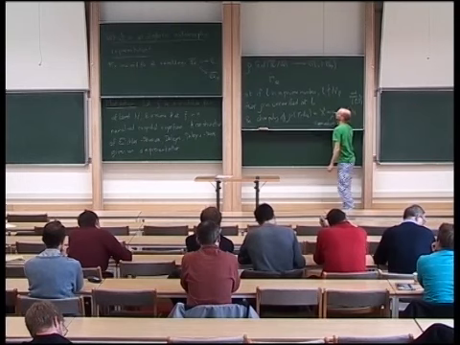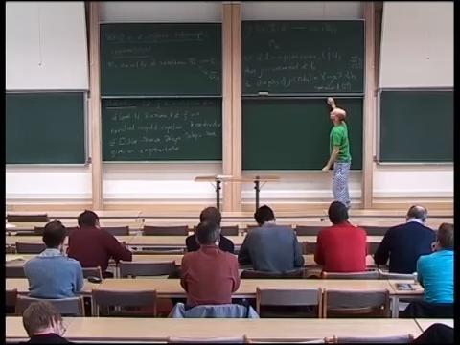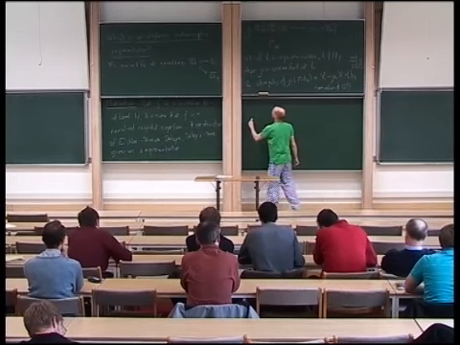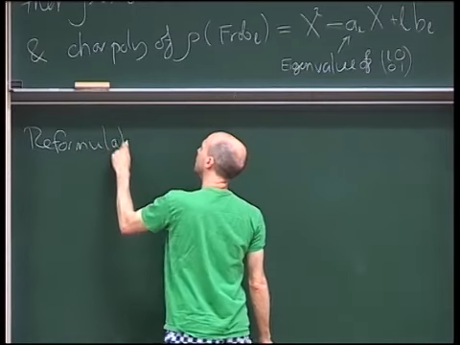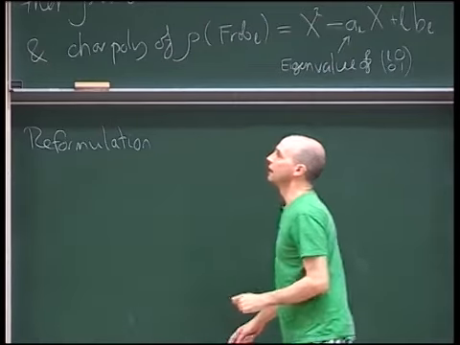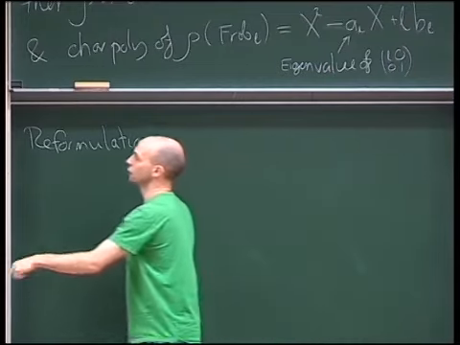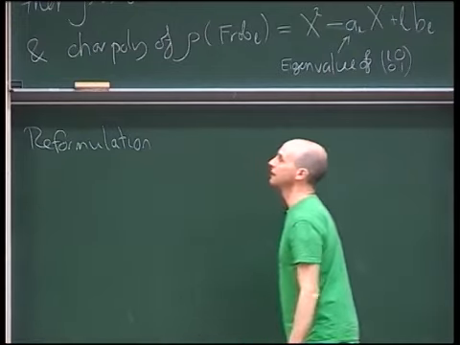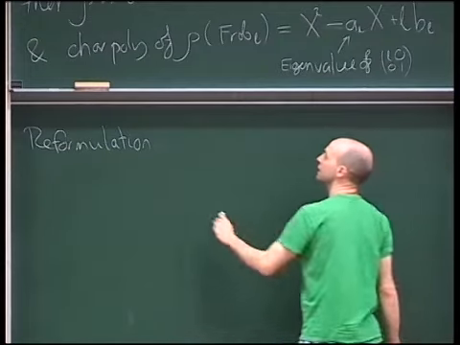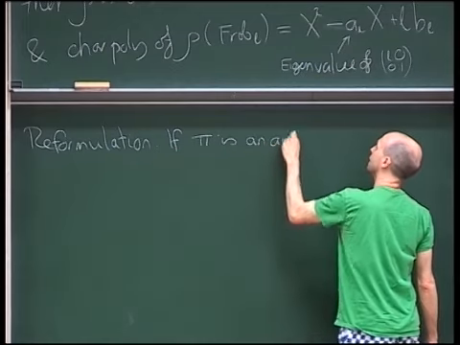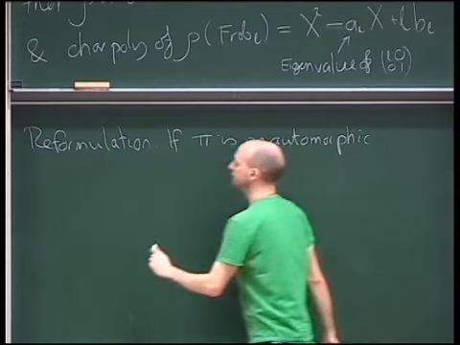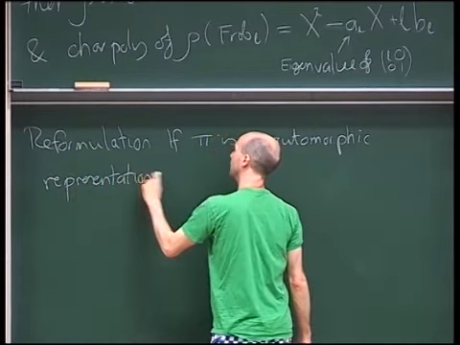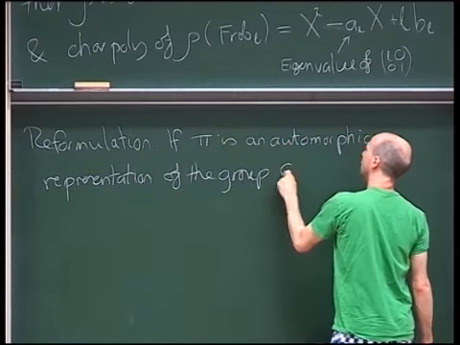For several reasons, I wanted to generalize this statement to a statement about automorphic representations on a connected reductive group. So let me give a brief reformulation. A modular form can be interpreted as an automorphic form for the group GL2. And knowing F is basically the same as knowing its automorphic representation, the representation generated by the automorphic form. So a fancy reformulation of this is: if pi is an automorphic representation, and I need to say a couple of things about what such a gadget is, perhaps, if pi is an automorphic representation of the group GL2 over Q,